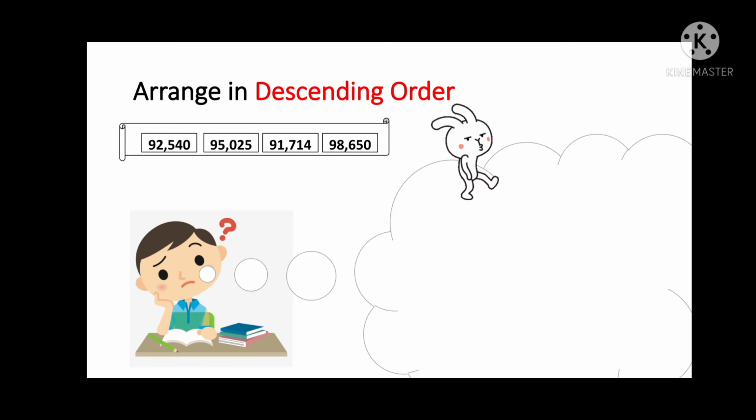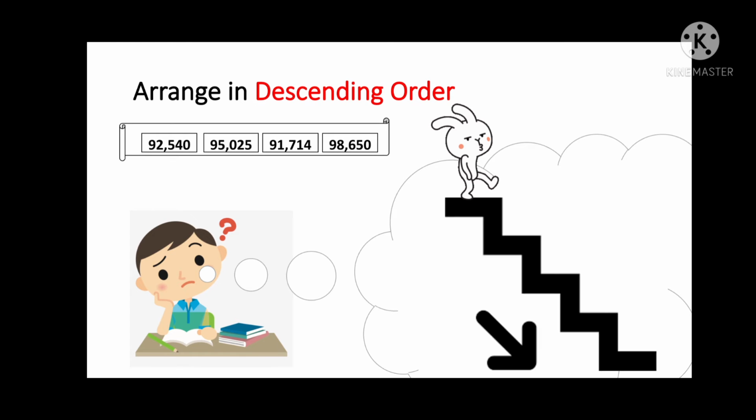We have big numbers here, but it's very easy to solve. Look at the thousands places, and then you will be able to tell which one has the smallest value and which one has the biggest value. In descending order, we think about the biggest number first. So the biggest in the thousands place here is 98. So the first number is